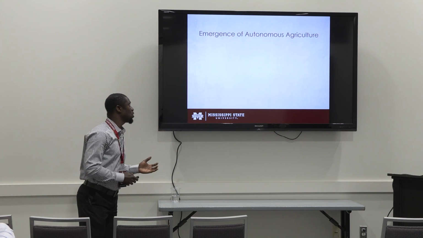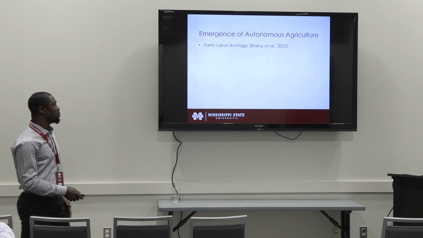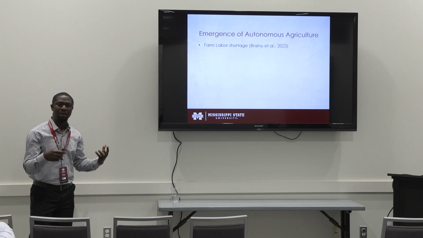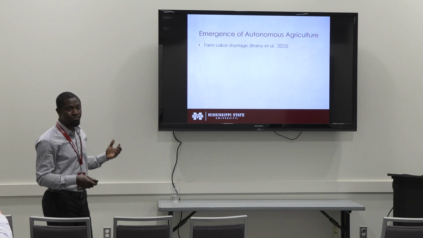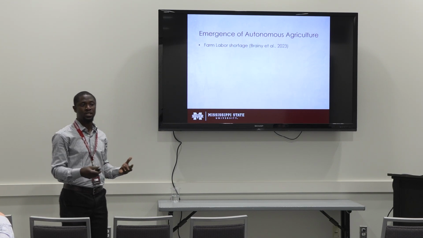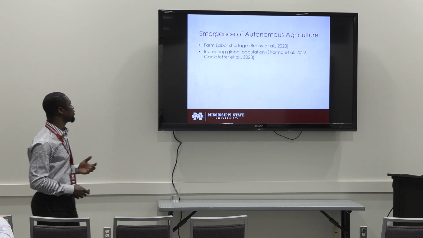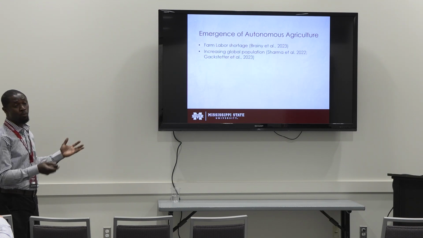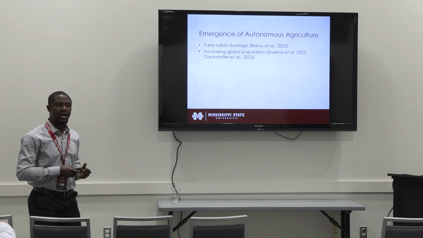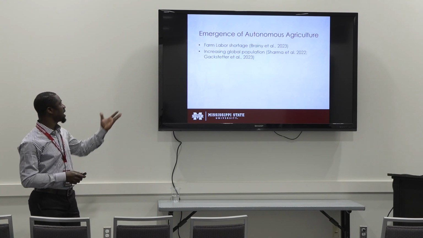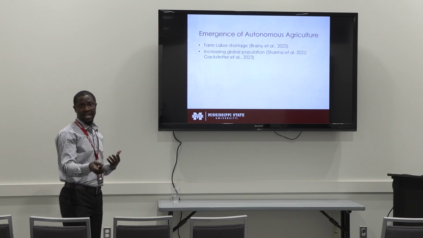The emergence of autonomous agriculture generally has been facilitated by various factors, such as farm labor shortage, whereby the number of farmers in the United States and all over the world keeps reducing, and at the same time, it is becoming increasingly difficult to get farm workers to come to farms to work. In addition, we have the issue of increasing global population, which also touches on concerns about food insecurity, because as the population of the world increases and the number of farmers decreases, that becomes a concern